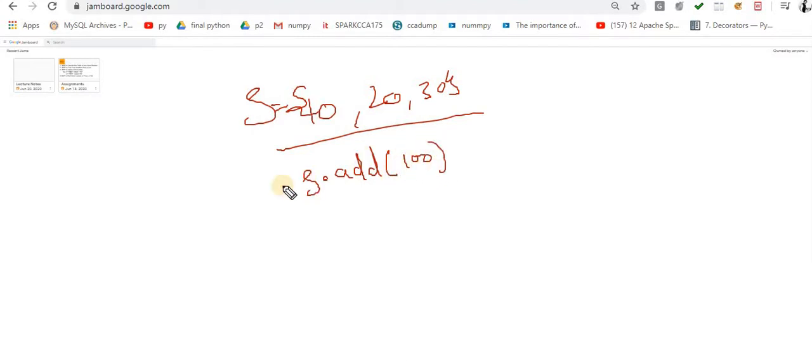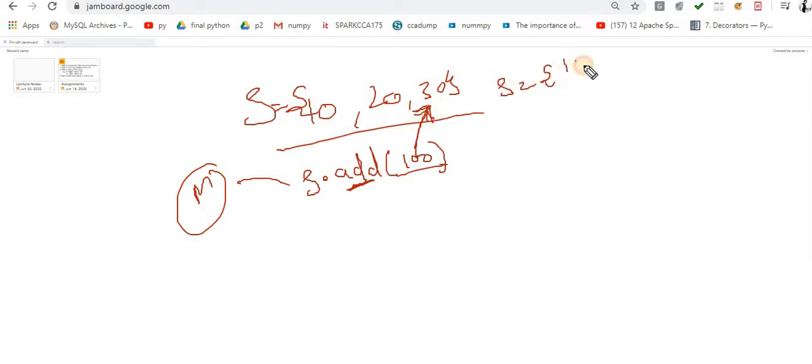Now by default set is mutable. It's a mutable object. Now what will happen? It automatically adds with the help of this add method. It is added into this set. Now your set becomes 10 20 30 and 100. Okay, so this is the way. The first is add, if you want to add an element into this set. Okay, now the next is update.